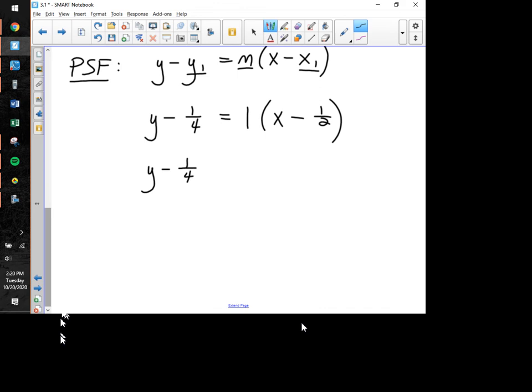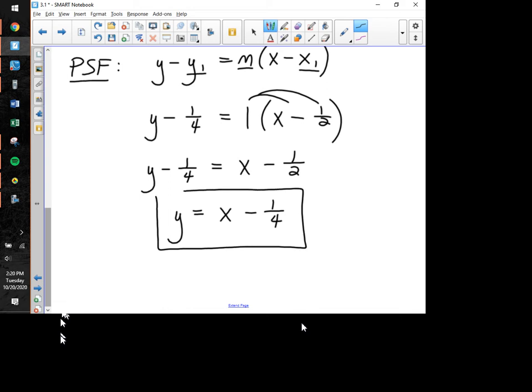So in most cases, we would distribute our slope, although that's meaningless here, and get an x minus 1/2, and then we would add this k value over here to the other side. And we'd get y is equal to, oh boy, a negative 1/2 plus 1/4 is going to get us a minus 1/4. And that, everybody, should be, if we've done this right, the equation of the tangent line to this curve at the spot where x